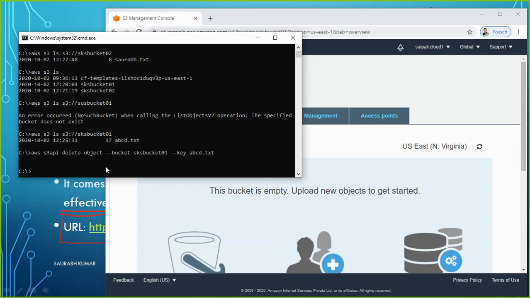So now I hope it's clear. Let me repeat the same task to delete my other file, saurabh.txt, which is stored in my SKS bucket 02. So aws s3api delete-object from the bucket SKS bucket 02, and the key name of the file or object is saurabh.txt. Hit enter.